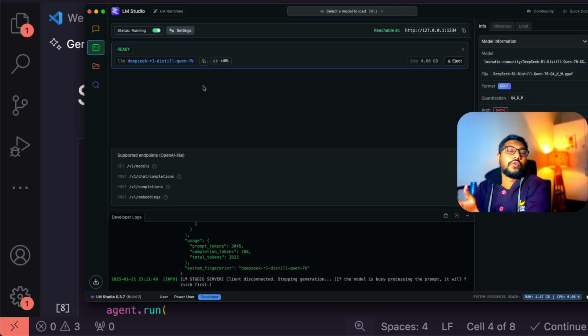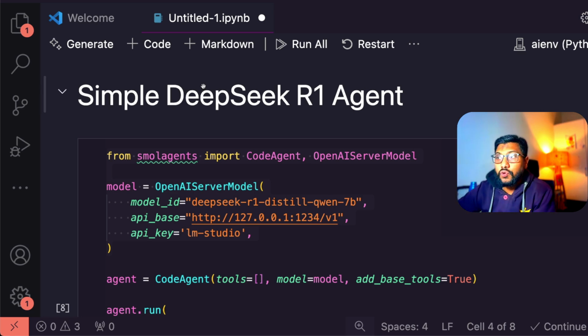If you do not know how to make this happen, I'll link the video in the YouTube description for you to get started. Once this is done, we'll come back to this again. Now I'm going to move into my Visual Studio Code. I have written it as a Jupyter notebook. You can do anything you want. If you want to run it as a Python script, well and good. I will link the Jupyter notebook and also the Python script as a GitHub repo, so you can just download and run it. So first step, the LMStudio DeepSeek R1 Qwen model is up and running, and it is being